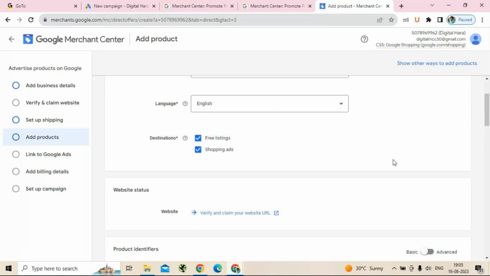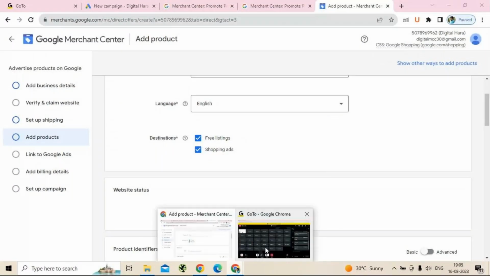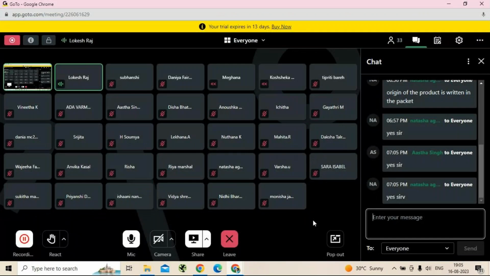So is that clear to everyone till here? How did we create the Google Merchant Center account, then how did we come to this adding product screen? Is everyone clear till here? Yeah,